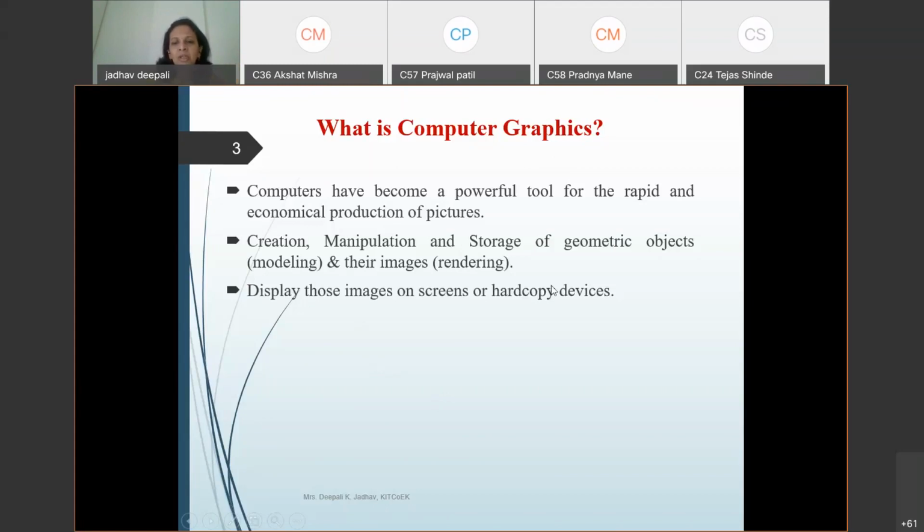On the screen means, now you are seeing the PPT. It is an example of graphics; I am using presentation graphics to show you the PPT. Hard copy devices I already told you: a plotter or printer through which you can take a printout of that particular image. So that is computer graphics.